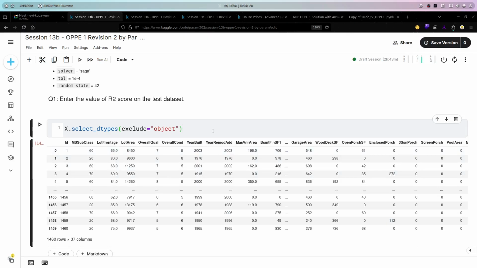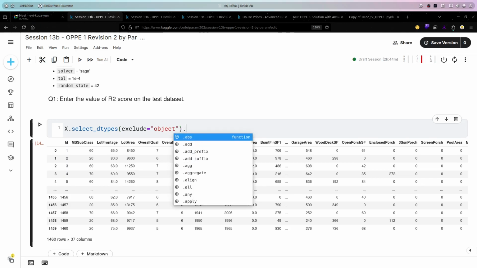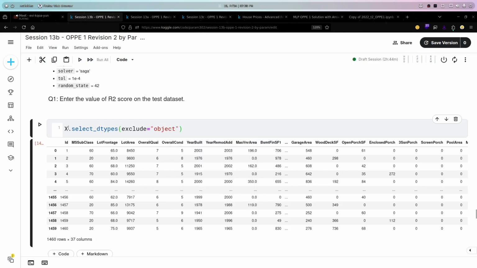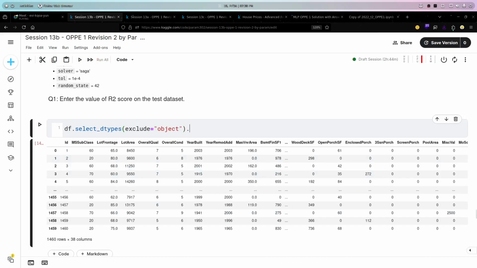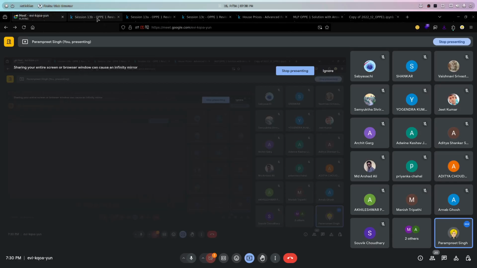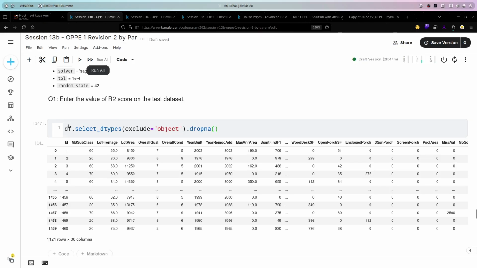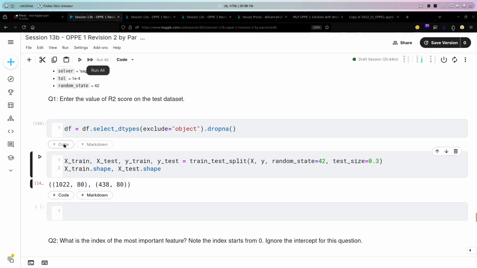Let me do it in the DF directly. I am also dropping the rows with dropna, dropping the null values. Let's assume we have already handled the null values. So this is the pre-processed dataset, we can say, and this is my original DF now.